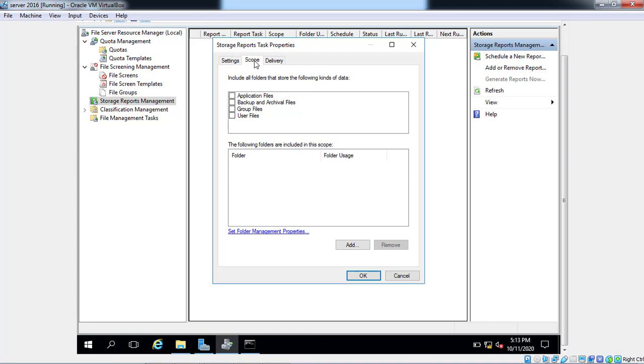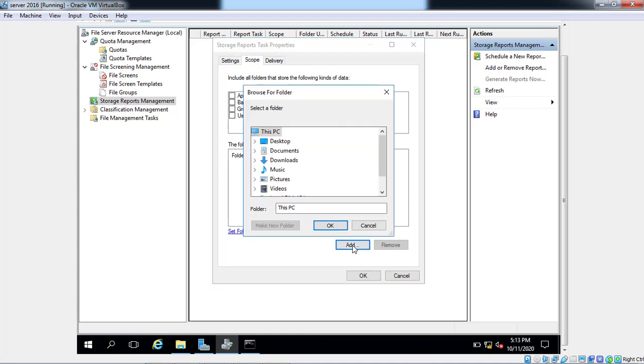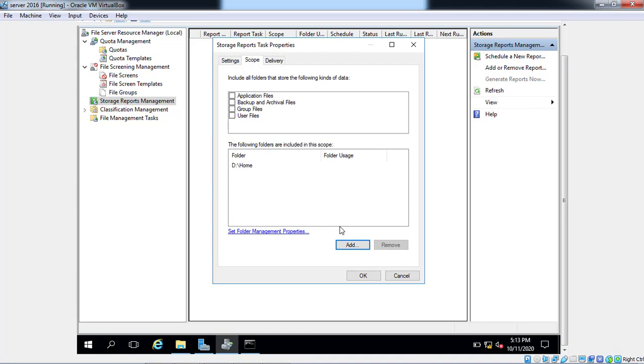Now you can add your path. We have added our path, and you can select anything: backup, archival, all kinds of files.